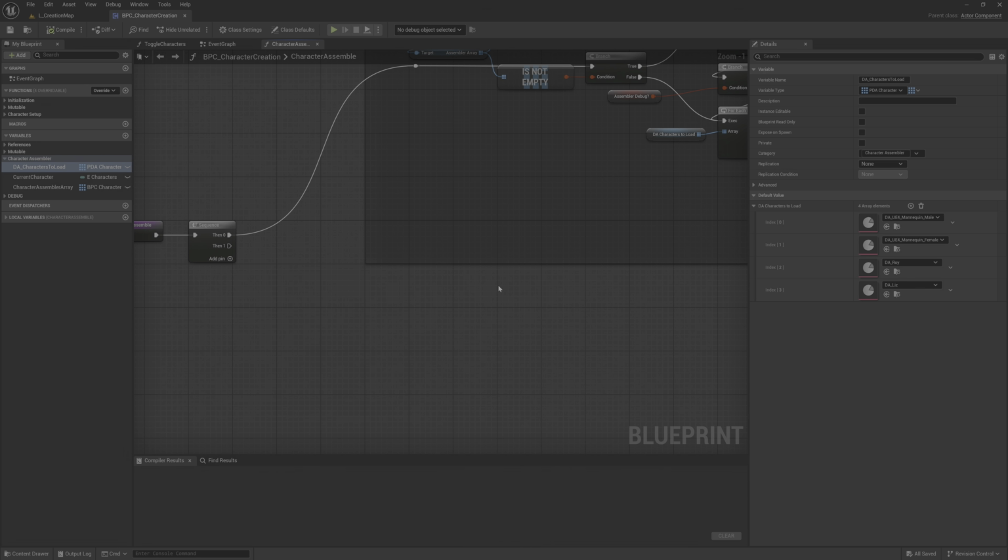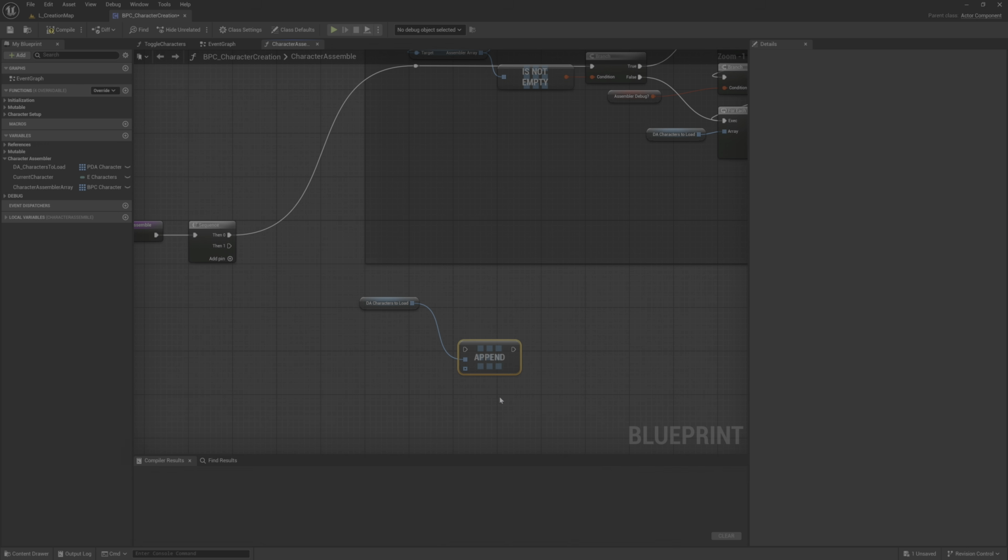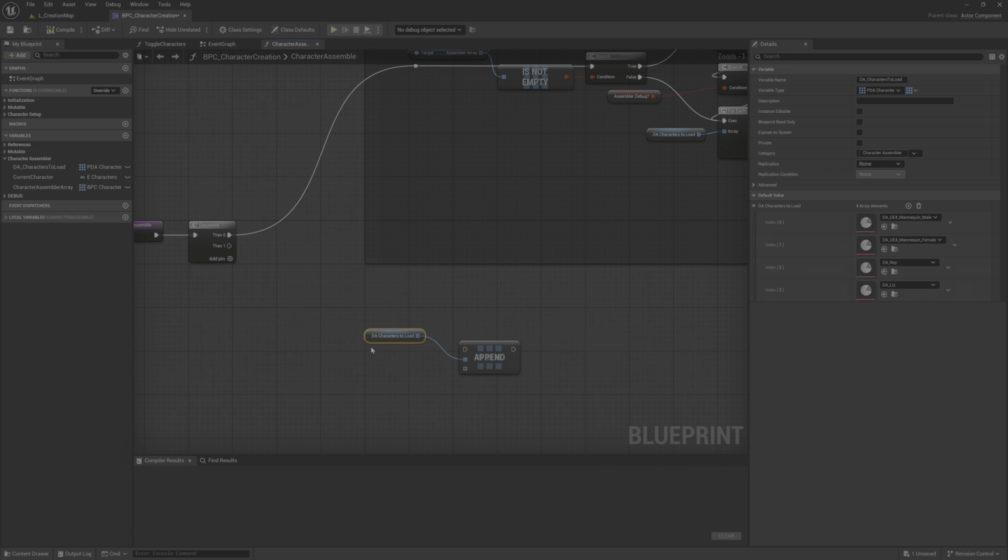And the reason why I designed the system like this is because now I can have an array and append another one with other characters.